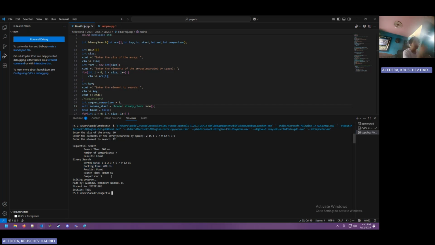And then, surprisingly, for binary search, it took longer to search for the data, even though the comparison or recursion count is only three. So it only took 3 jumps before finding the data, but still it's slower.